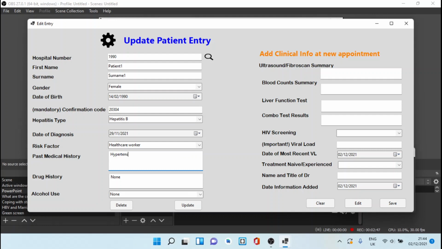You can actually update this information here, and has started moderating something, and has continued not to drink. Then you update the information here, and then he has had ultrasound of the liver, which is a normal liver, blood counts normal, liver function mild elevation